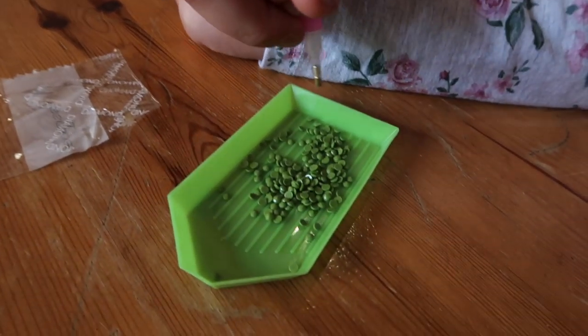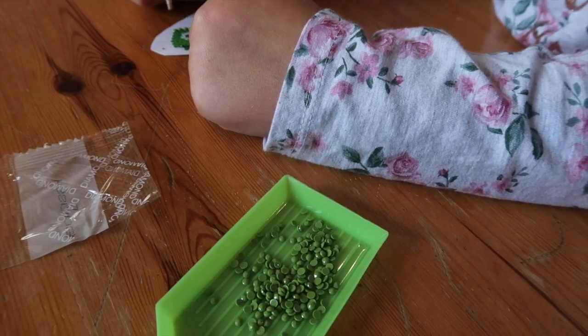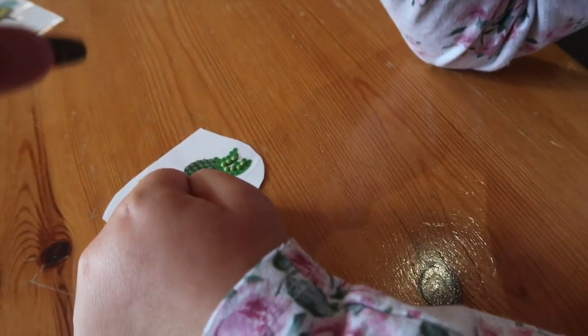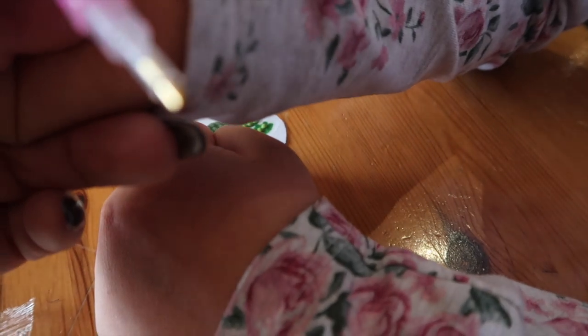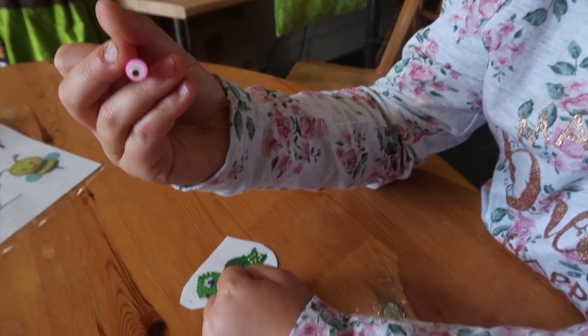So we've worked it out. It's so fun. There's a little tool that picks up. You've got clay in the end, don't you? This is like modelling clay, so sticky clay. And you peel a bit off and then you stab it. Show me the little tool. You stab the end of the tool. I can't get that to focus, but you stab that in the end of the clay so it gets sticky,